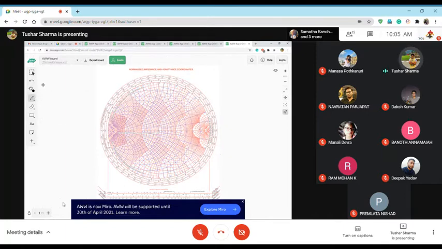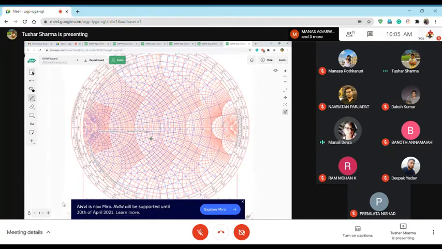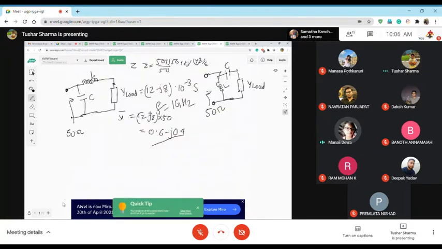0.6 minus 0.9. 0.4 नहीं होगा. हाँ जी. What were you saying? Come again. सर y 12 minus 8j था ना, तो इनको 50 किया तो 0.4 नहीं होगा सर. नहीं, 12 5 is 60, right? तो ये 600 into 10 to the power minus 3. तो 0.6 होना. 12 5 is 60, right? नहीं सर, 0.6 minus j 0.4. Oh, sorry. Correct. Sorry.